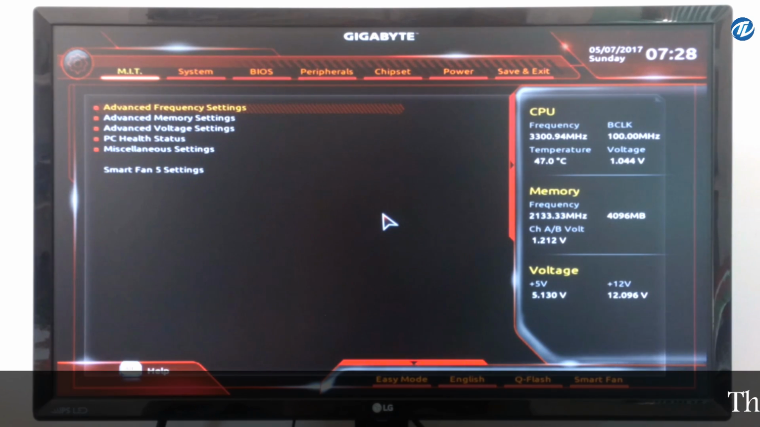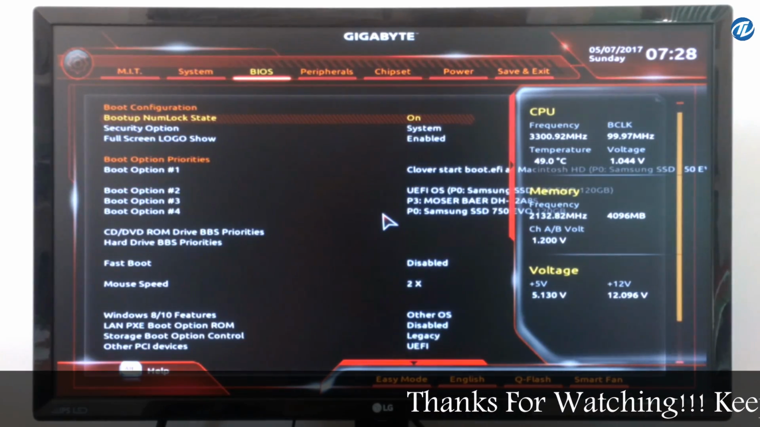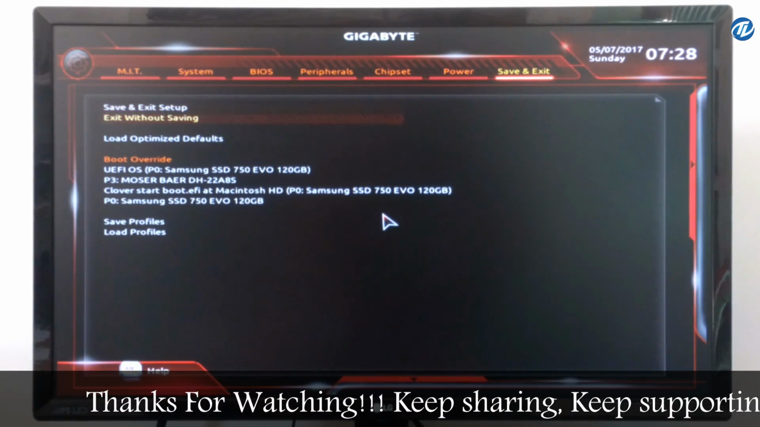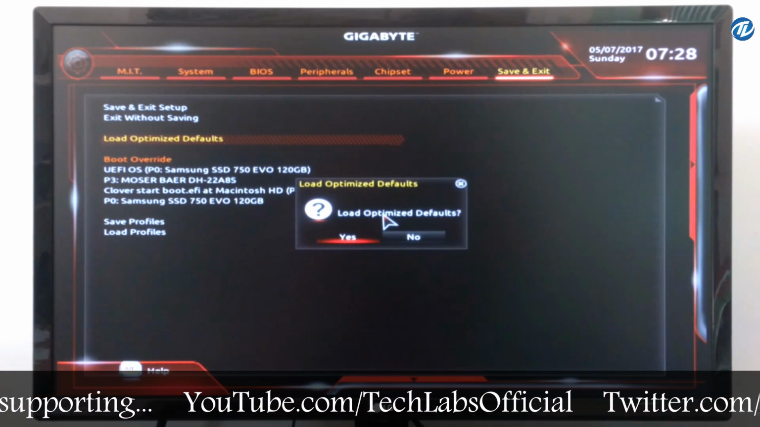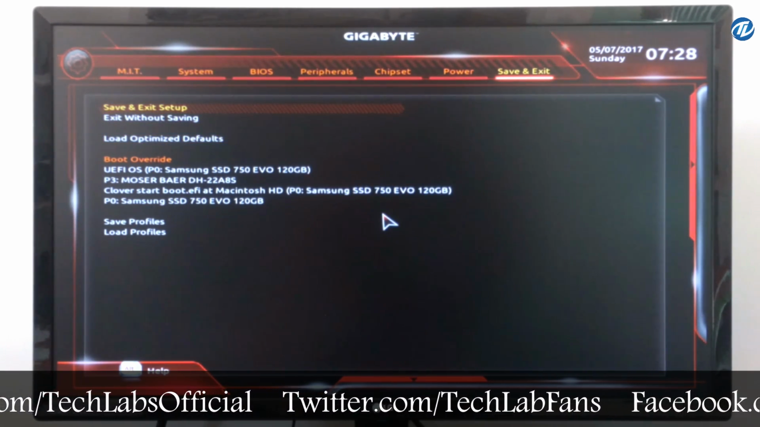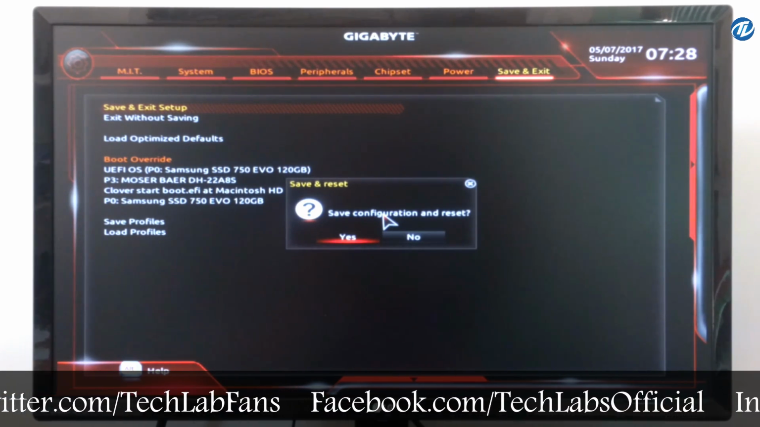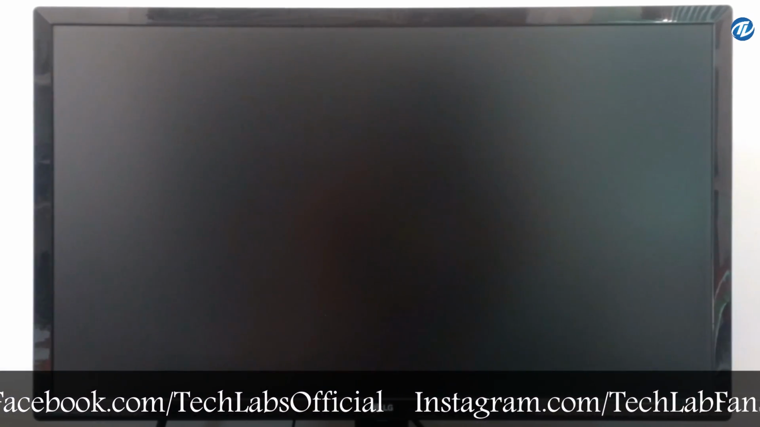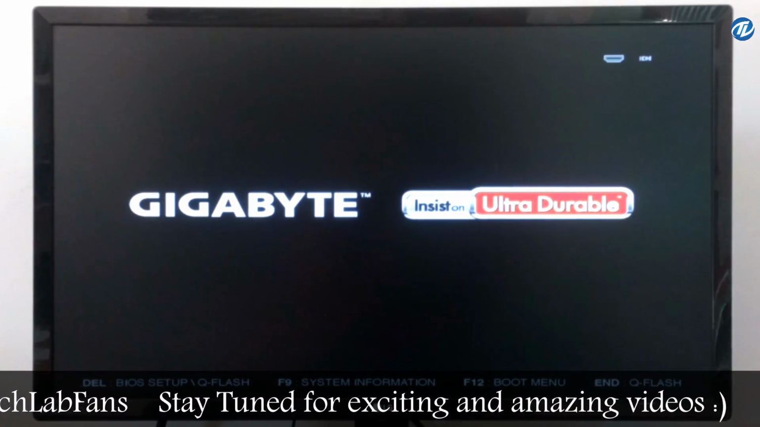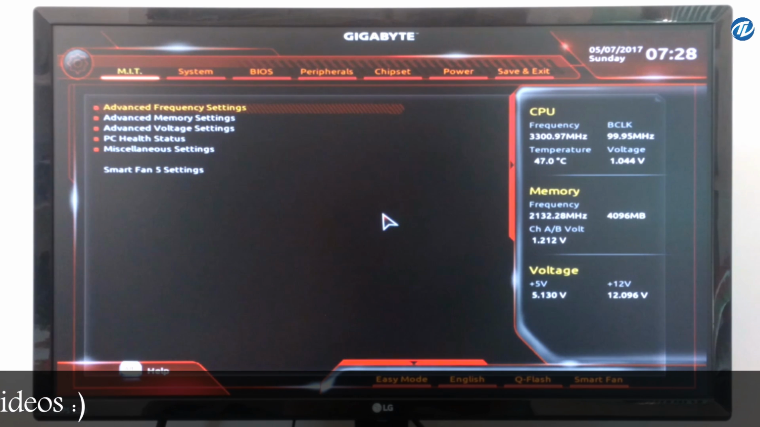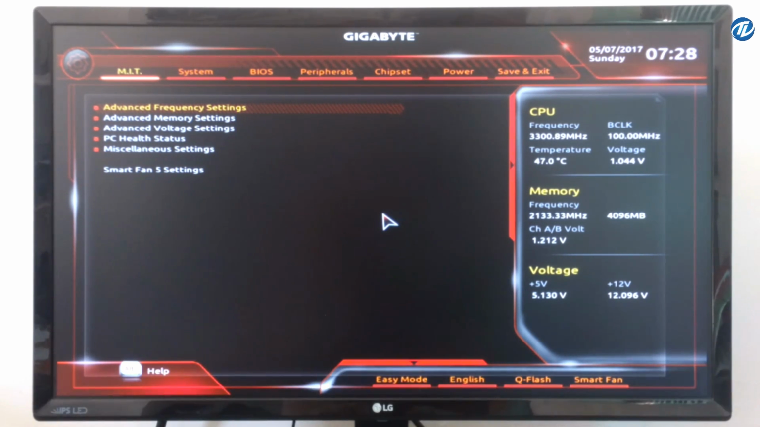Now you need to make some changes. So first of all go to save and exit tab and select load optimized defaults, select yes, and then select save and exit setup and then select yes. Now the system will reboot. Now again press delete key to open the BIOS menu once again, and now here are the settings for your